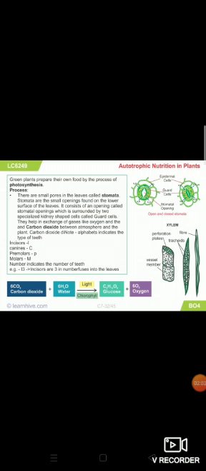Now leaves are the site where photosynthesis takes place. Leaves have some special organelles called chloroplasts which contain a green pigment that is known as chlorophyll. Now the exchange of gases, carbon dioxide and oxygen, takes place through tiny pores called stomata, and they are found on the underside of the leaves. Now some of the glucose is used immediately by plants for energy and some is stored as starch and some changes to more complex substances like cellulose.